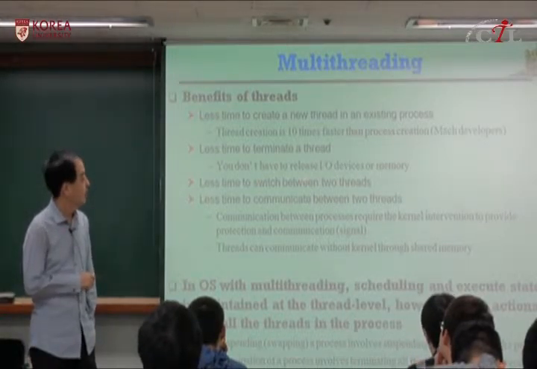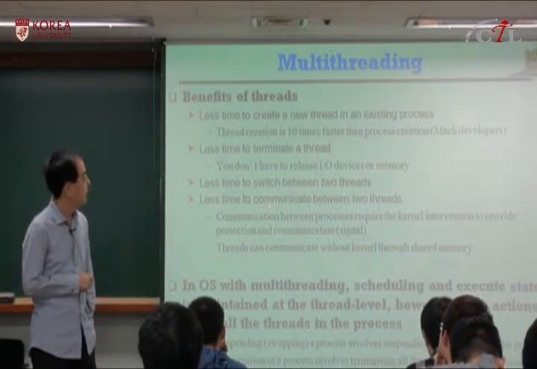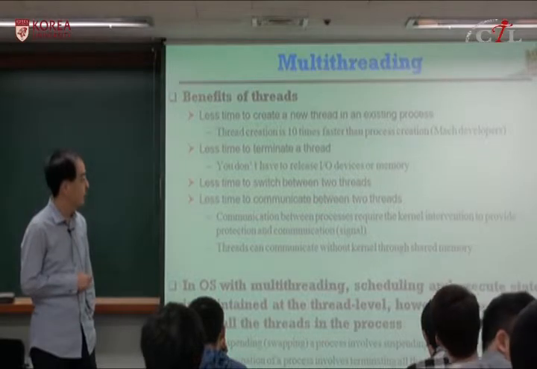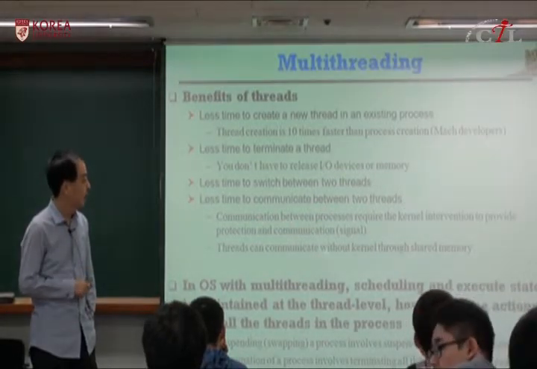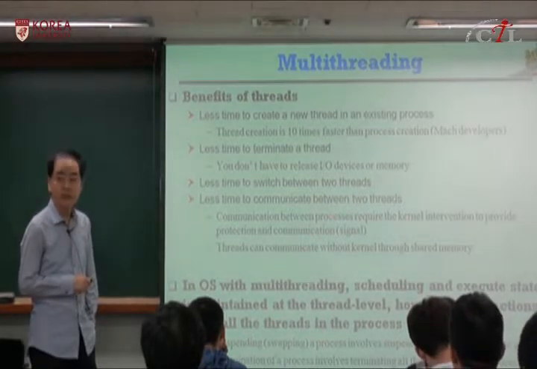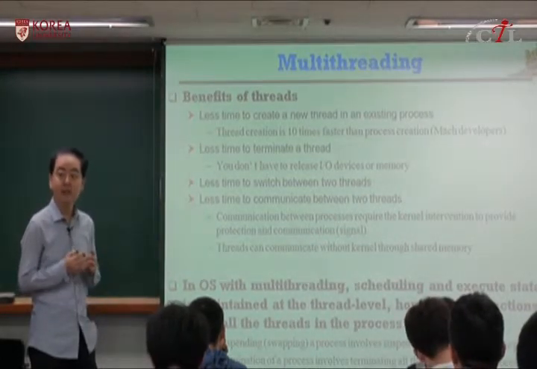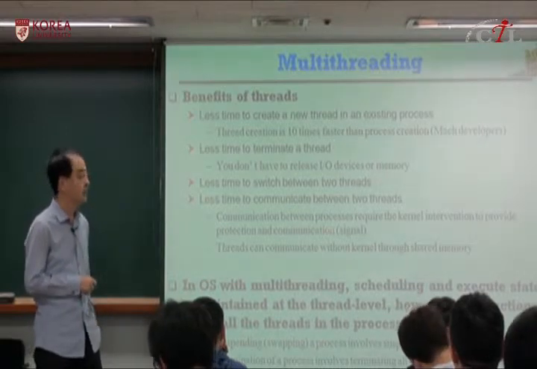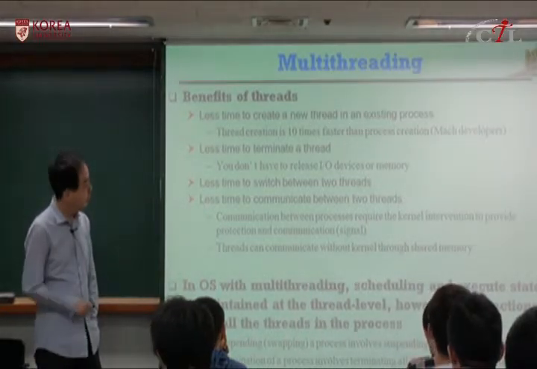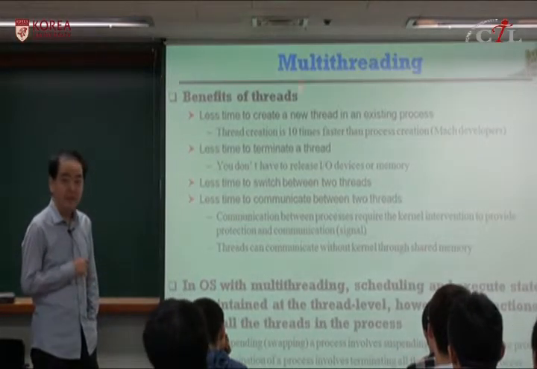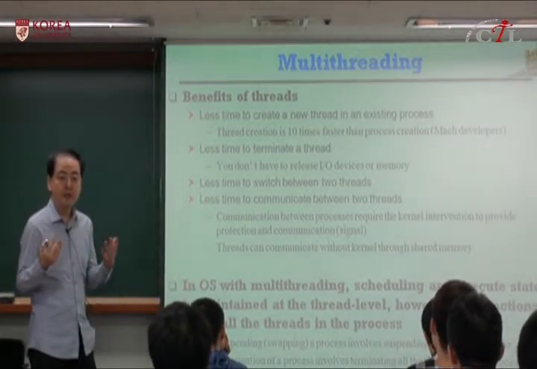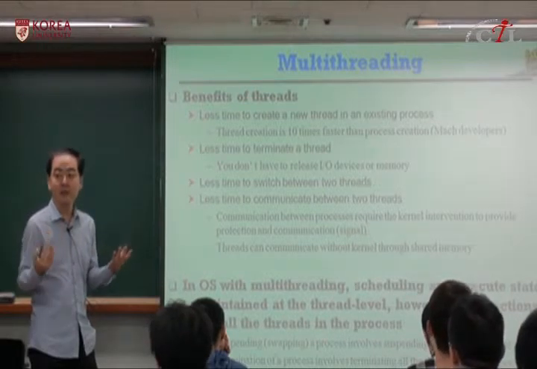So thread switching is faster, and as we have discussed, communication between two threads is faster because you can communicate without the kernel, using shared memory. But processes require signals, and the operating system provides protection. Some other functions are used for this signal handling. So if you use multi-threading, logically, it takes less time, and your perceived speed of execution will be improved by